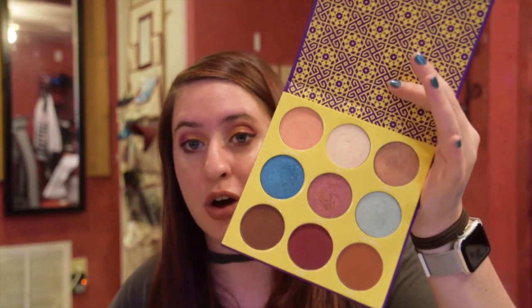Coming in at number 3, I'm pretty sure this is a shock to no one. We have the Juvia's Place Saharan 2 palette. I just think the colors in here are just so beautiful. I love every single look that I come up with. I typically do the same 2 or 3 looks all the time, but all of these colors in here are just so